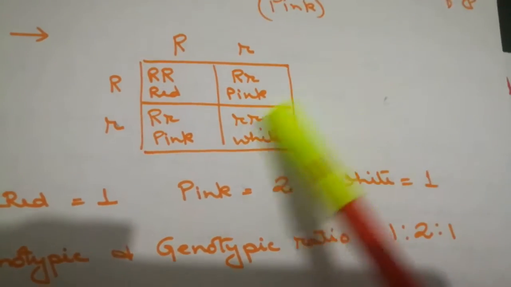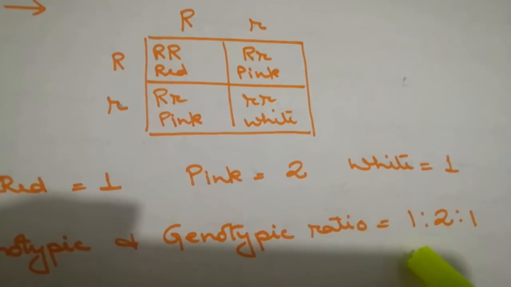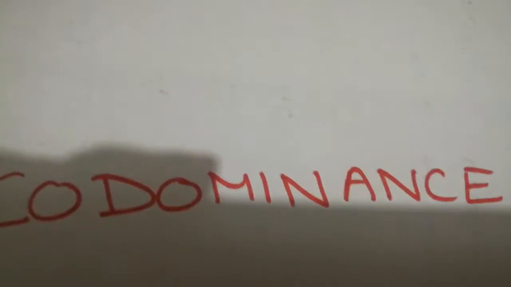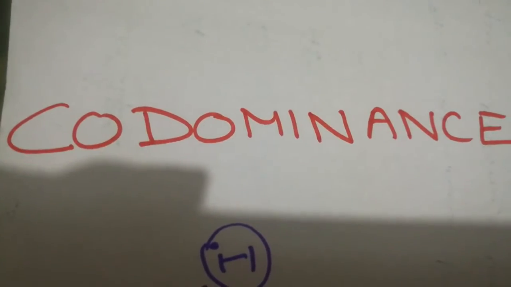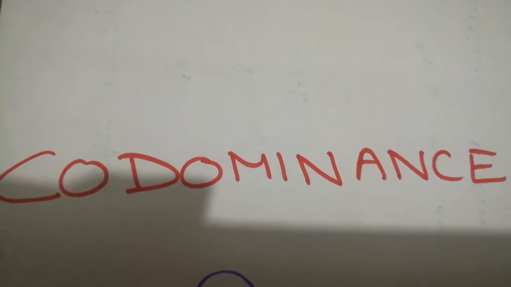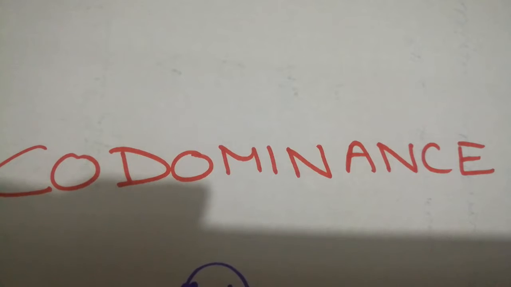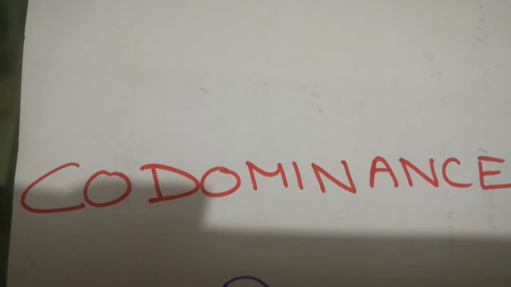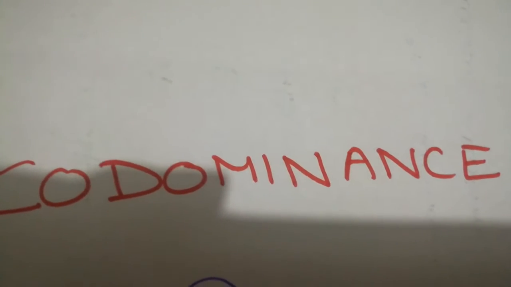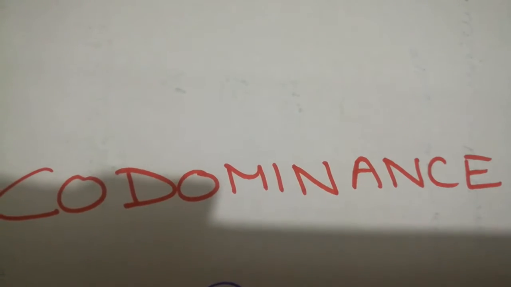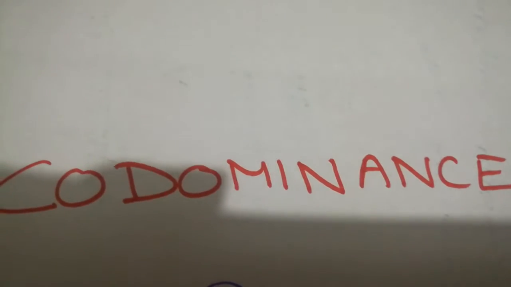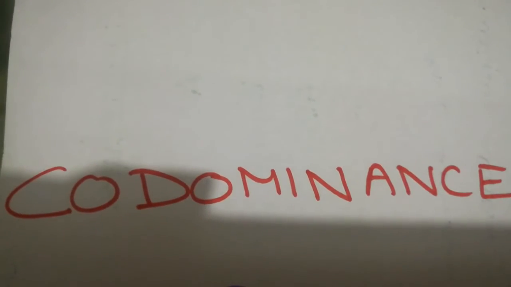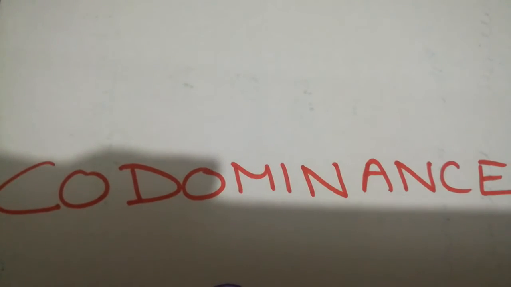This is just the deviation of Mendel's monohybrid cross. Similarly, another phenomenon is also known as codominance. Codominance is a phenomenon of two contrasting alleles of the same gene lacking a dominant-recessive relationship and expressing their effect simultaneously in a heterozygote. That means here both the genes will express themselves together. Neither one is suppressed. In very simple terms, these genes are such that they will fight for expressing themselves.